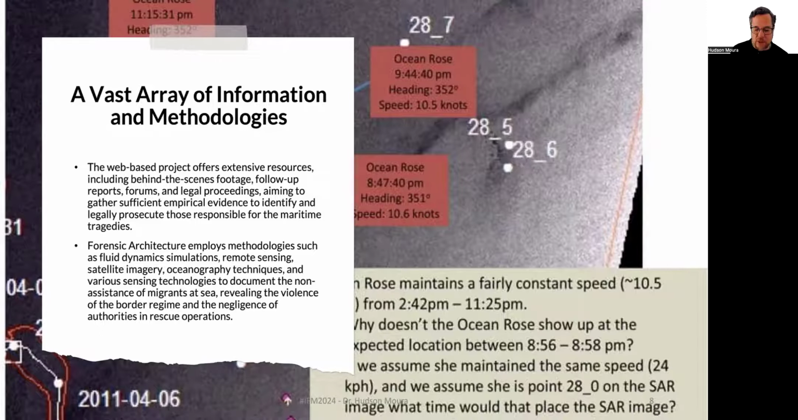Forensic Architecture employs multiple and more complex methodologies to document the non-assistance of migrants at sea. They repurpose satellite imagery, including synthetic aperture radar, to confirm the presence of numerous ships near the drifting migrants' boat, using this disobedient gaze to expose the violence of the border regime. Oceanography techniques track the boat's trajectory through winds and currents. Various sensing technologies such as thermal cameras and radars convert physical conditions into digital data, redefining the Mediterranean as an